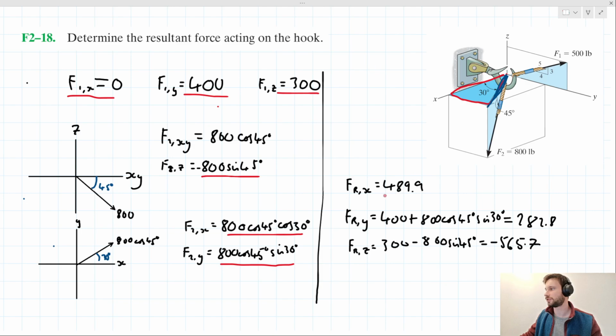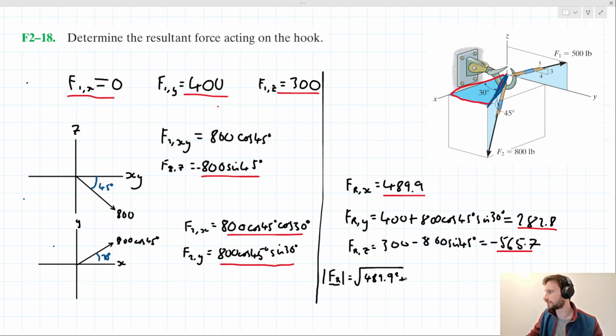The question's asking, determine the resultant force acting on the hook. Perhaps this question could be phrased a little bit more specifically, but the way I interpret that is it's also asking for the magnitude of this resultant force. How might you determine that? Well, you can just use Pythagoras' theorem, right? So we can say that the magnitude of FR is equal to the square root of 489.9 squared